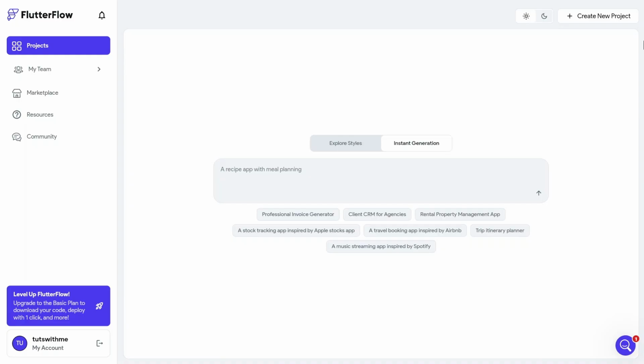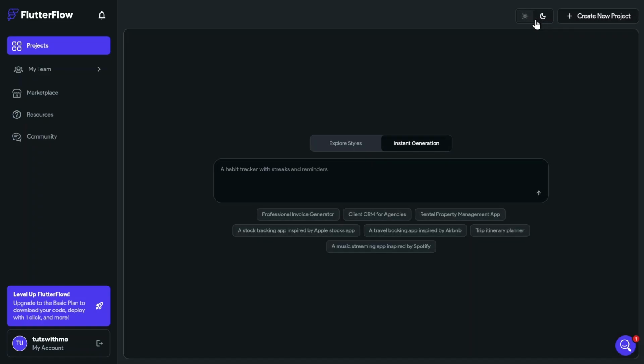Now, let's switch gears and look at FlutterFlow. As I move into this workspace, the focus clearly shifts from web content toward building native mobile and robust web applications. In the project creation screen, I'm greeted with instant generation capabilities that are very beginner-friendly. I can choose from several presets like a professional invoice generator, a client CRM, or even a music streaming app